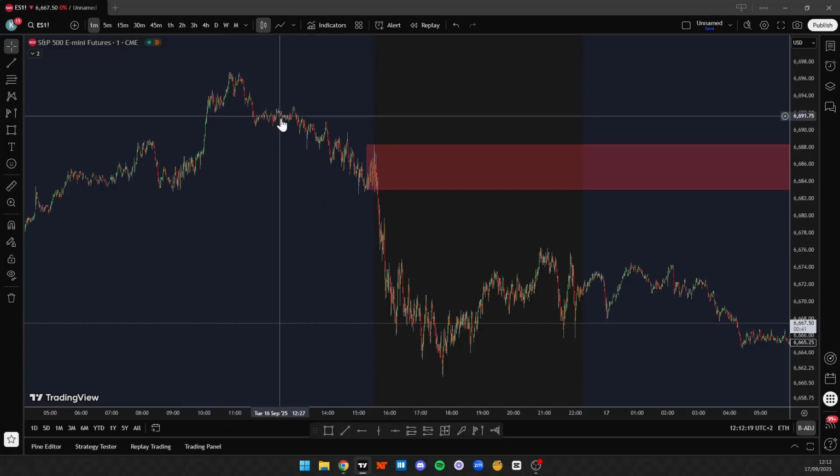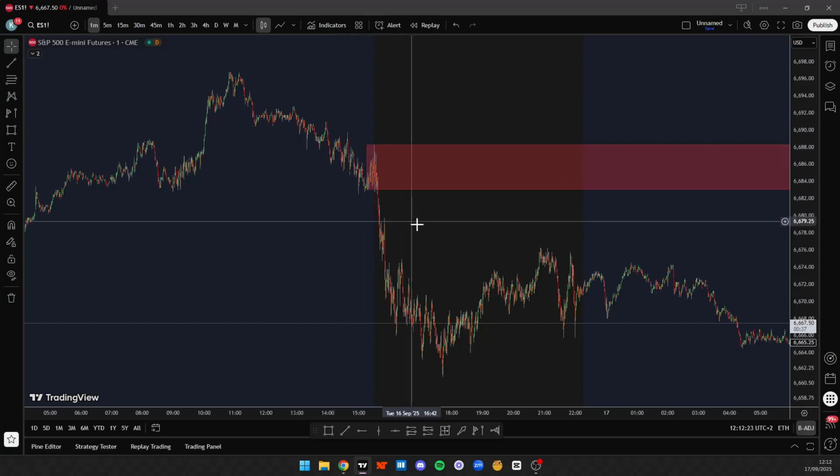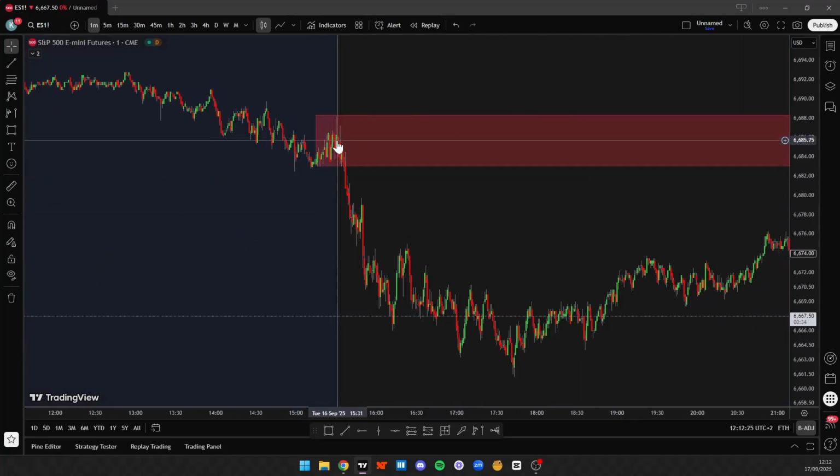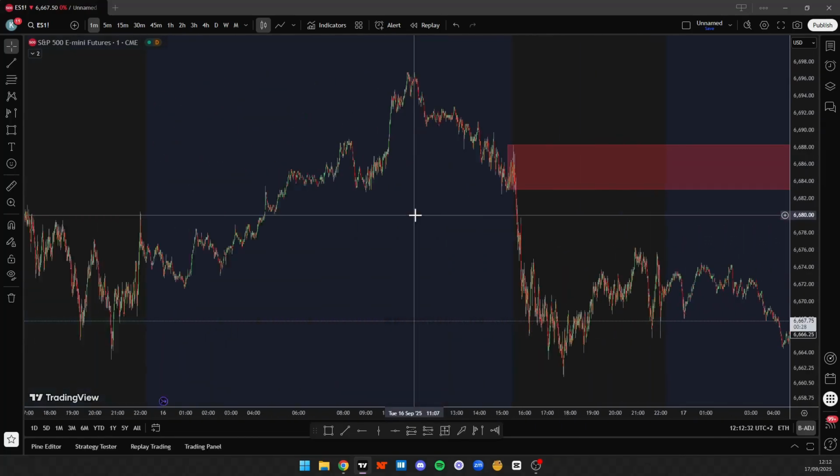I should see very slow price action, really trying to get lower, but I'm really struggling. And all of a sudden you see a lot of consolidation, a lot of volume right here, and then you see the aggressive move down. So this, for me, is a valid supply, which